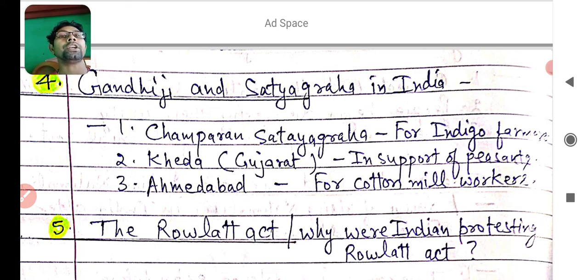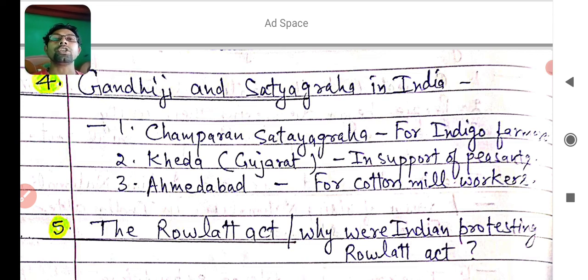You know that the Britishers, or the East India Company, started growing their choice crops in India, and indigo was one of them. So Champaran Satyagraha in Bihar was by Gandhiji in favor of indigo farmers, because indigo farmers were annoyed with the plantation owners who were forcing them to grow indigo. I hope you learned the first point.